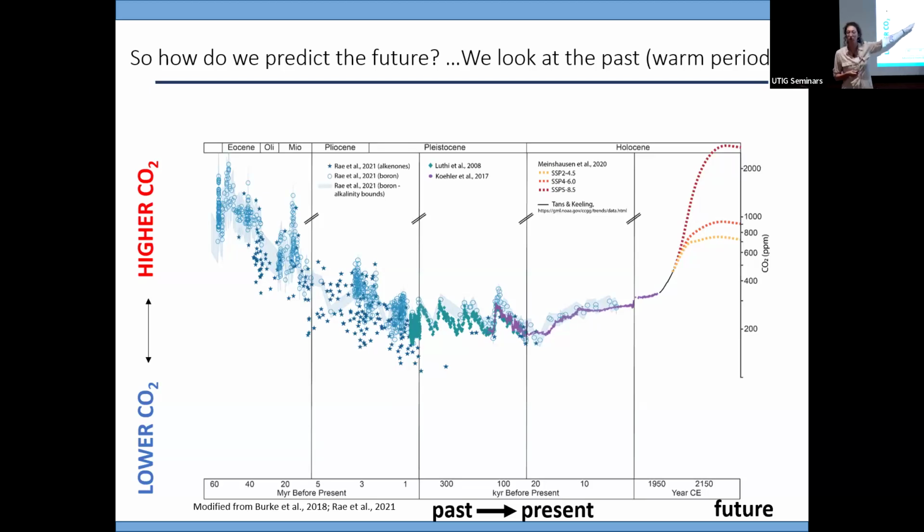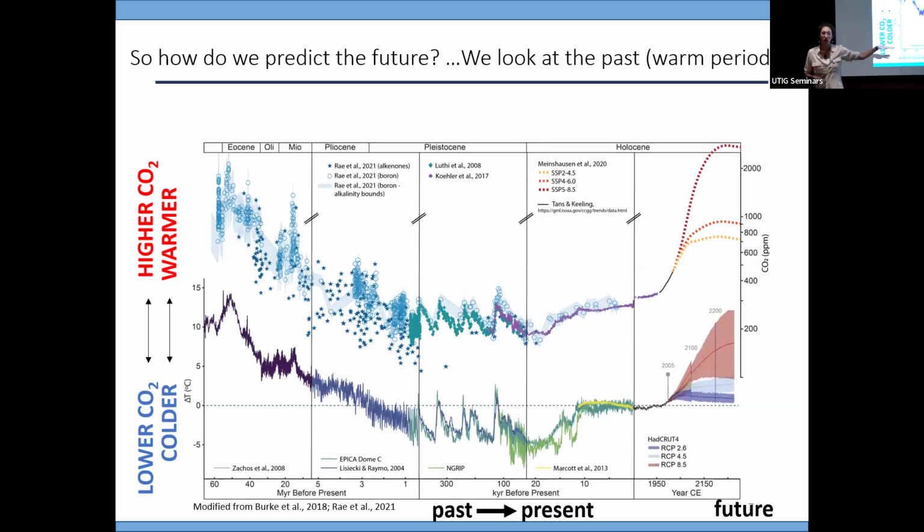So this plot of CO2 is compiled from a bunch of different proxies. The oldest ones, like over here, are past indicators of ocean chemistry millions of years ago. And then the last few 100,000 years, we measure CO2 from bubbles in ice cores. And then in the last few decades, this black line, you can measure CO2 directly in the atmosphere. And then we use models of future carbon emission scenarios to predict future CO2. Time periods with high CO2 are also warmer. This is global mean surface temperature from modern, also compiled from a range of different proxy data sets. So you may have noticed that time is not linear, right?